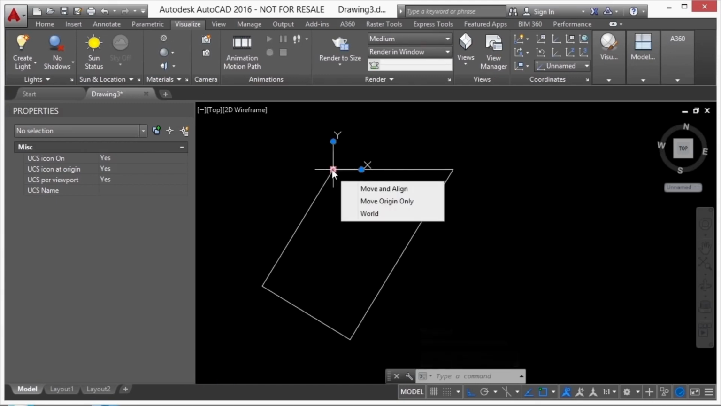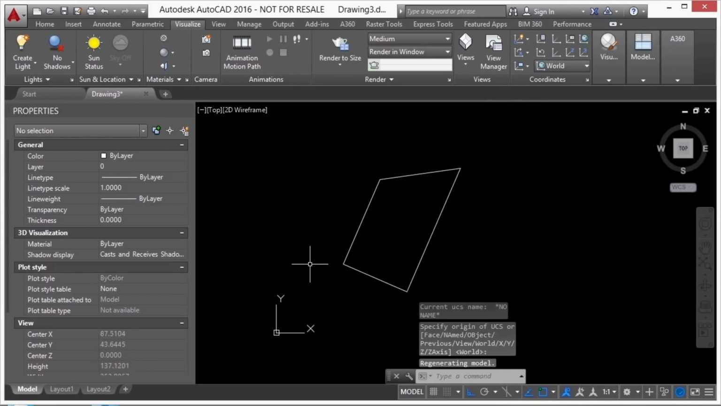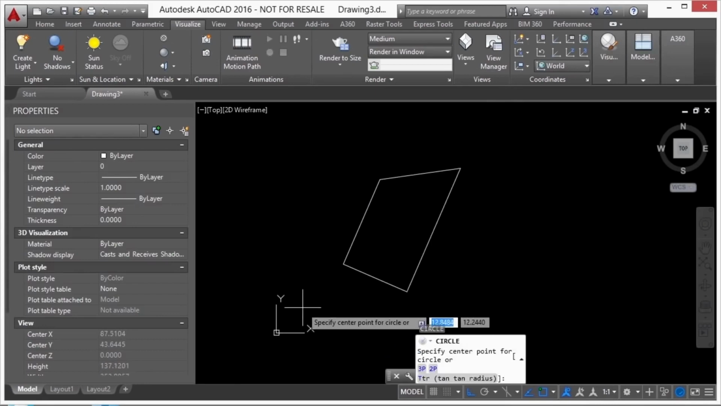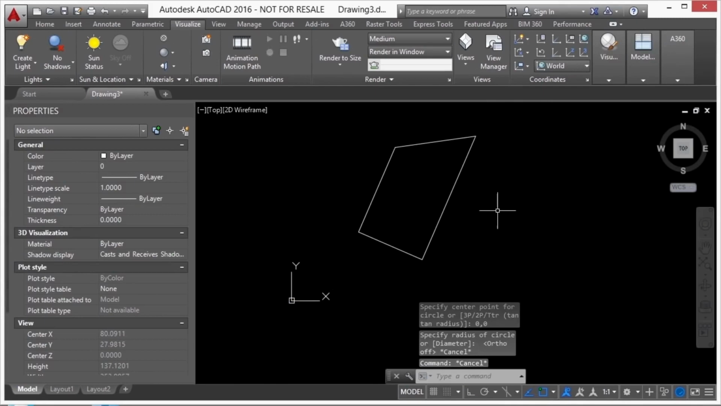Now, if I want to reset everything, I just come to this bottom button here on my X and Y coordinate on my icon and click on World. And it resets it back to my world coordinate system. Now, to show you that my 0, 0 is going to stay there, even though I change it,